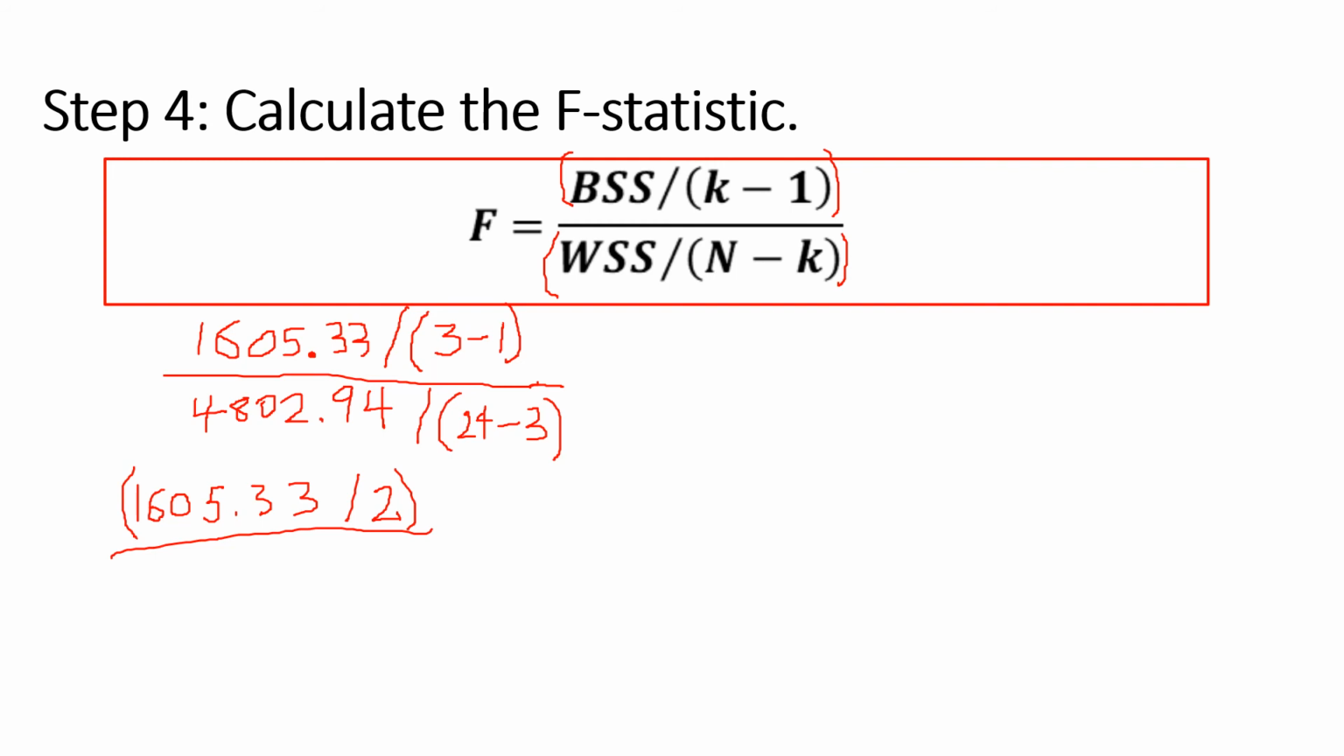Okay. So that's a division sign right there. Let's make that more like a division sign. There. And then down here we have, make that equals there, equals, so 4,802.94 divided by 21. Okay, so